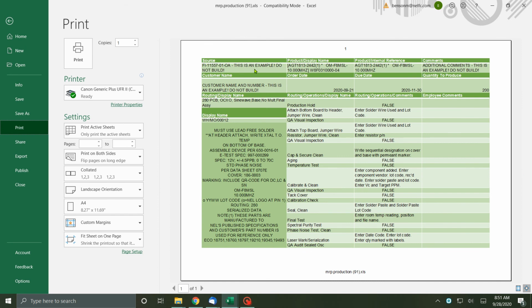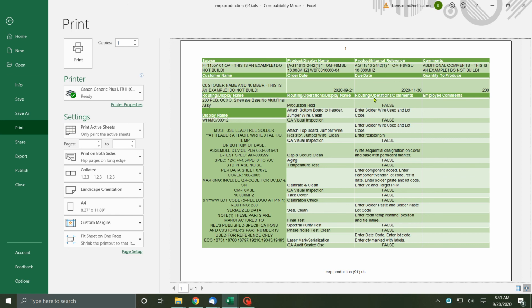It has your source information, your product information, the internal reference which the engineers will use, any additional comments that you would like added to this traveler, the customer name and its customer number, the date that the product was ordered and the due date of this order, how many are ordered to produce,